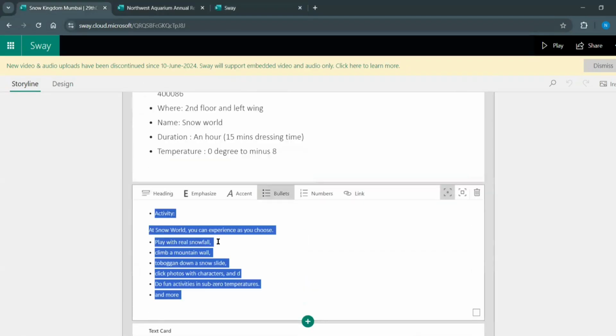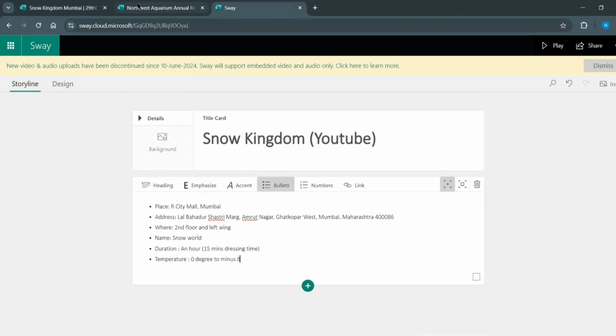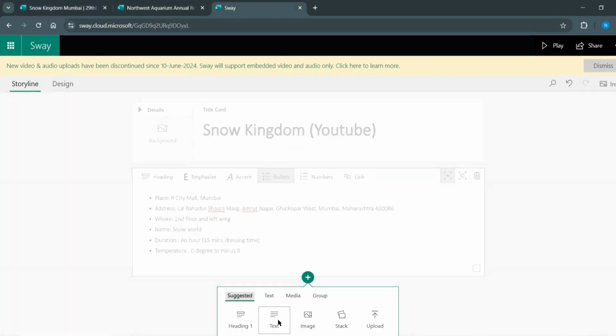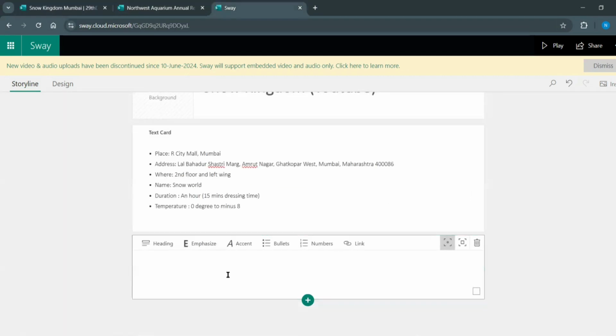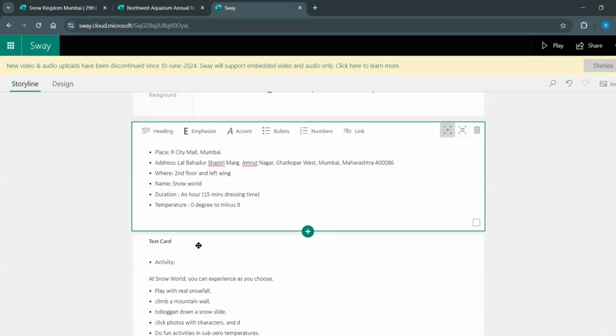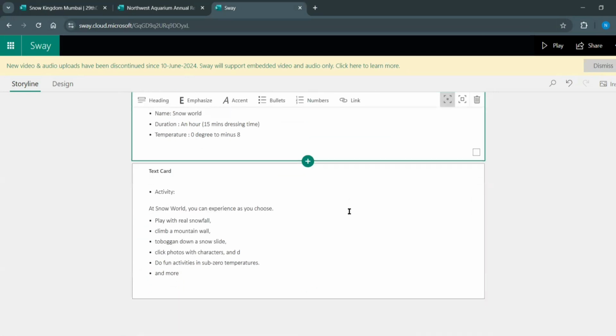And similarly, what activity we can perform, right? So that also I'm going to keep it as one more text, I'm going to add it. Okay, this is all basic stuff, right? So now, very importantly, what we are going to learn is that I have 20 to 25 photos